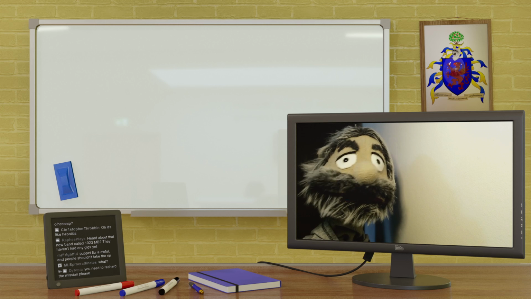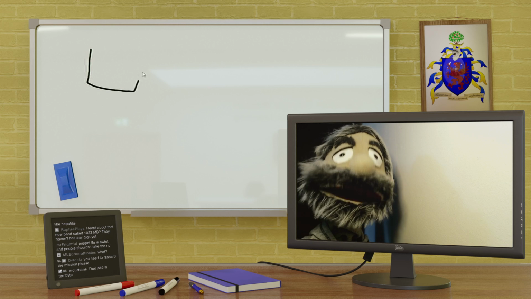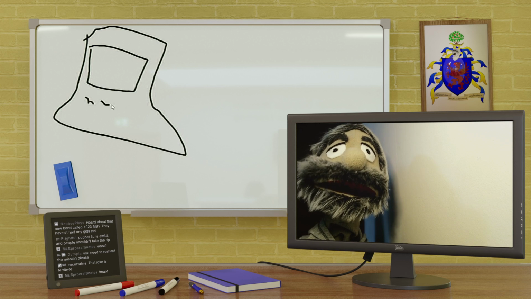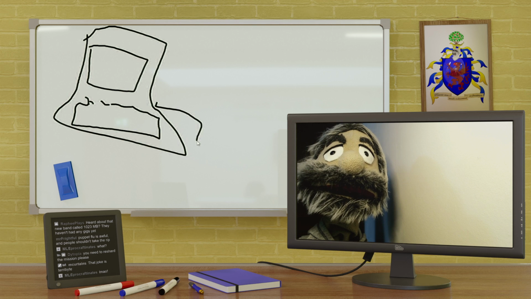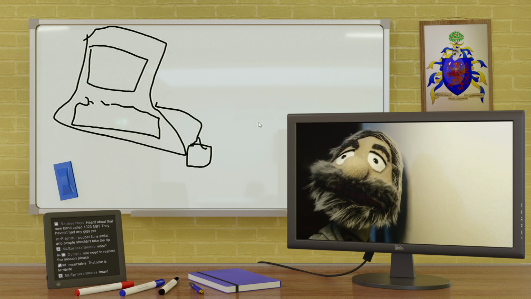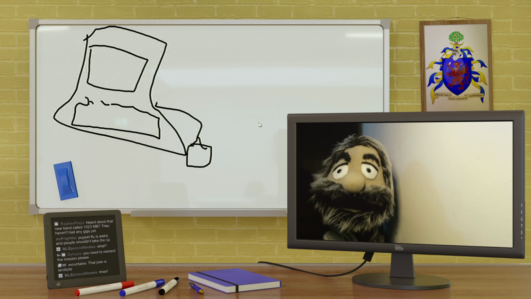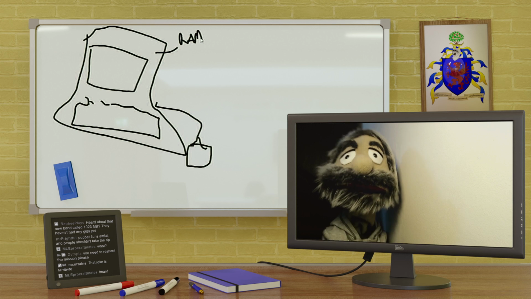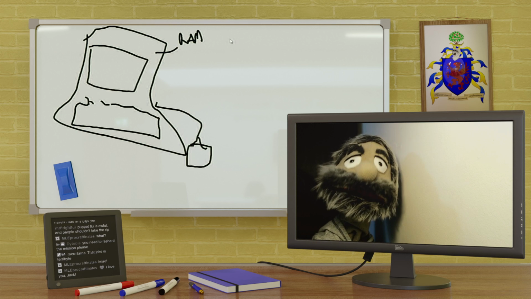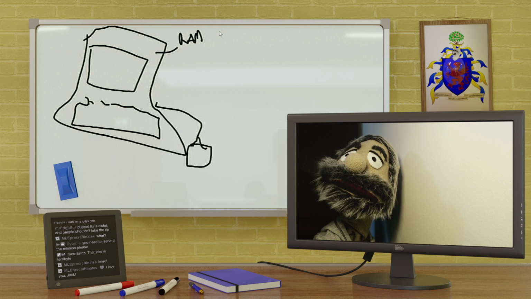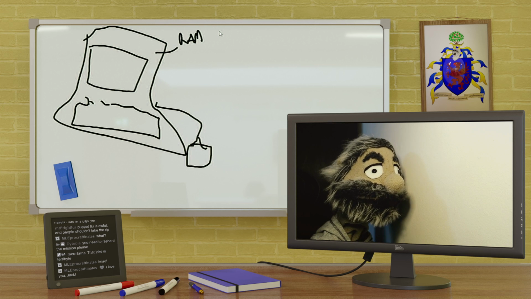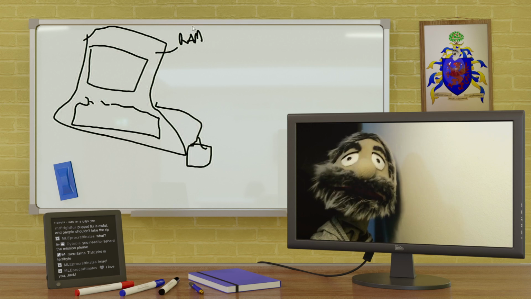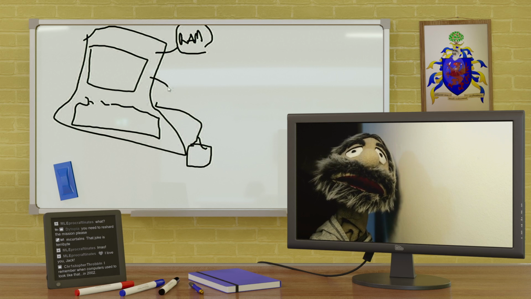Right. So, a computer is a sort of giant electronical brain. And this is what all computers look like. Yes. Now, computers use two different types of memory. They use RAM memory, which we can sort of think of as the thinking memory, kind of analogous to the hippocampus. Anyway, that's the bit that it does its thinking with, and then it's got